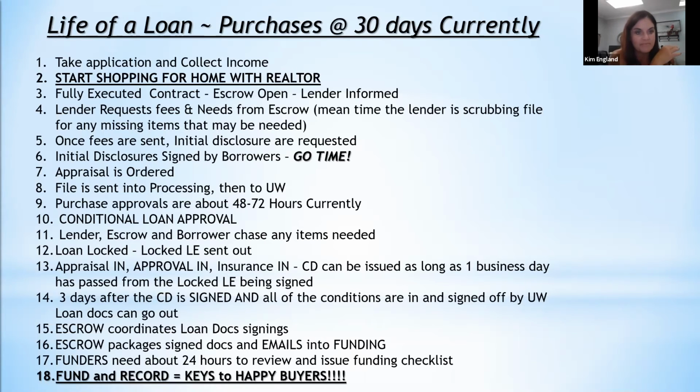It's the sign date. Once the loan docs do go to the escrow company, escrow is the one who usually will coordinate the loan doc signing. We try to stay out of it so we don't muddle the appointments and mess that up. Escrow does it. They send out their notaries. They get the docs back quicker that way. Escrow then typically is going to take those signed loan docs. There's stuff that they do to them as far as signatures and figuring. They scan them, email them into the funding department.